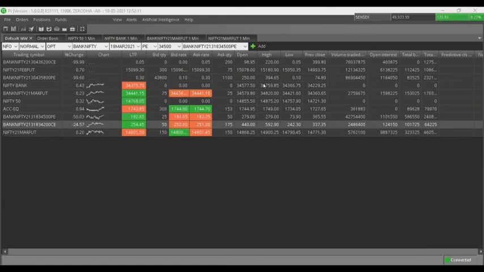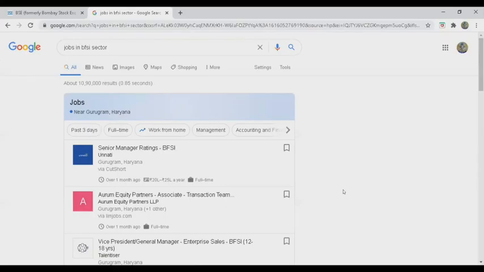the BFSI sector. Okay, so I will just share with you quickly here on the screen. Give me a moment so that you have an idea what type of jobs may be there. Of course, there are a number of types of jobs. Here, I'm right now just sharing with you something which is available right now. Okay, take a look at this. I hope you all can see the screen.